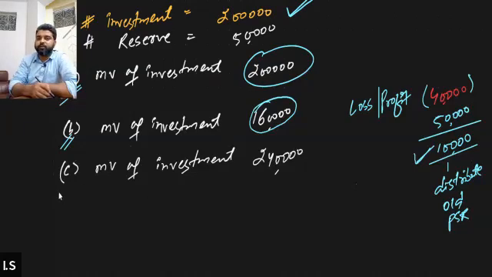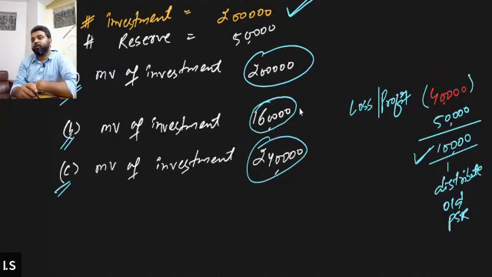Okay. Now the third situation could be that, instead of a decrease, the market value of the investment may also increase. If the market value of the investment increases, in such a situation there is a profit, right? The investment value of 2 lakh increases to 2,40,000. That means we have a profit of 40,000.